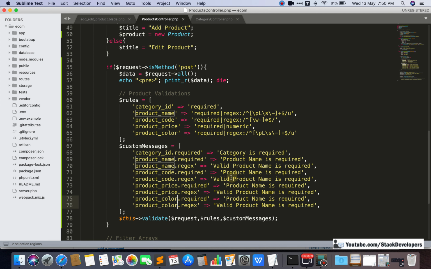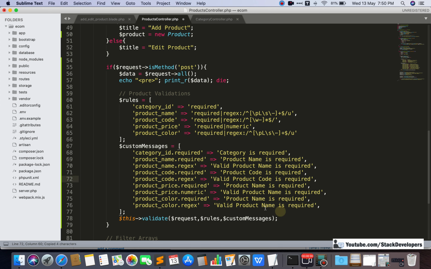And here we need to change the product code regular expression, and product price is numeric, so we are going to have numeric here. Product code is required, valid product code is required.